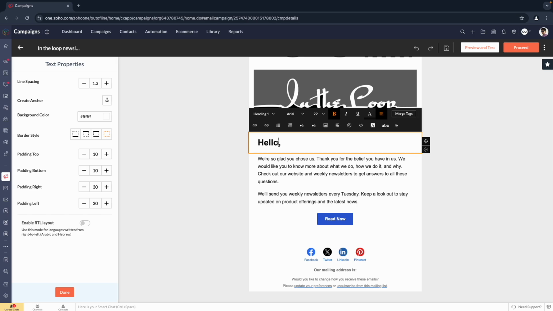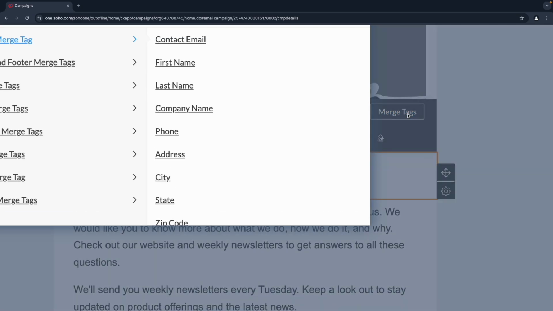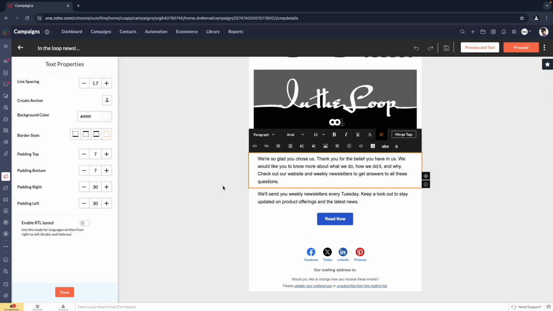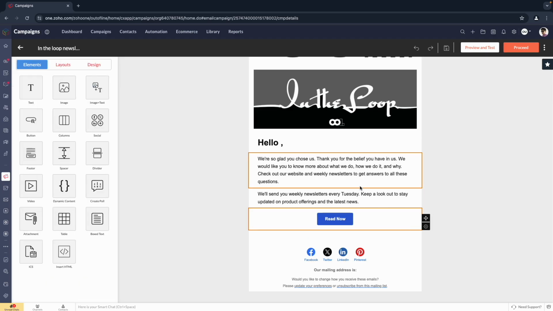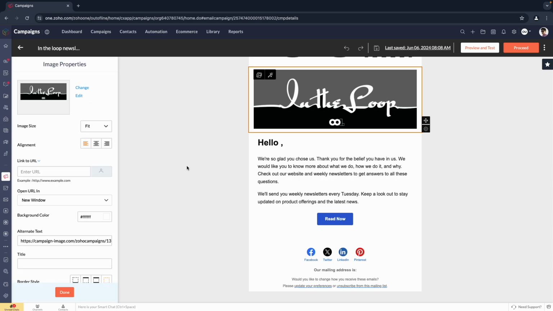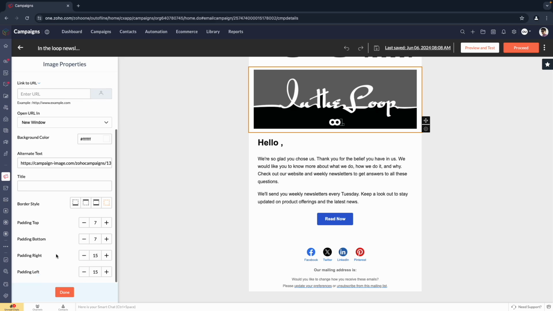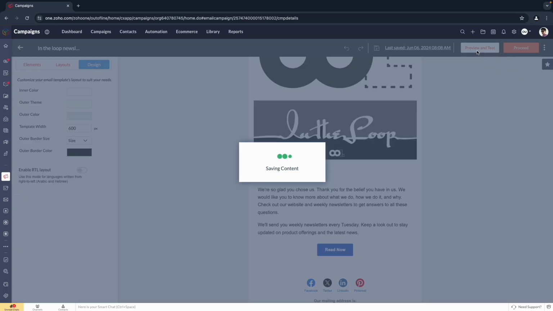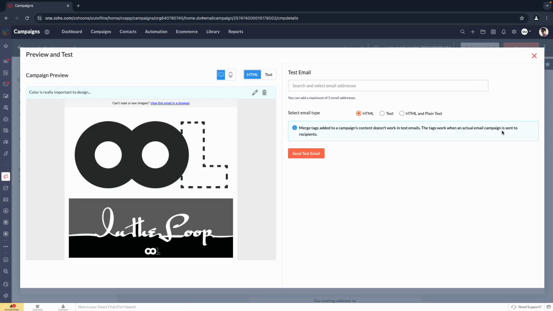As I mentioned before, we can add merge tags, so that we can insert that little bit of personalization. This brings up the big list of merge tags that we can use. Beyond this, we can add in video, we can add in more pictures, we can change the layouts, we can do all sorts of very nifty things, add social buttons, what have you. So anyways, as we're working on all of our content, we eventually get it to a point where we are comfortable with it, and we now need to move into a testing phase.